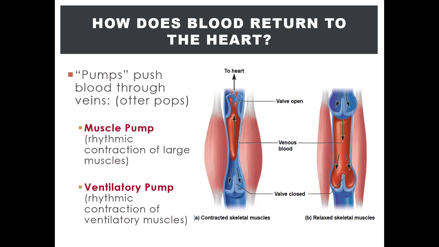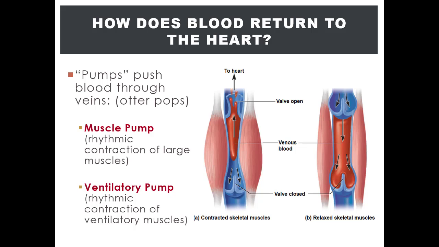If you want to get the toothpaste out of the tube, what do you do? You would squeeze the bottom of the tube. When you squeeze the bottom of the tube, you create high pressure on that part of the tube, and therefore the toothpaste will flow from where it's high pressure, where you're squeezing the tube, to low pressure, where you're not squeezing the tube. And as a result, the toothpaste can be squeezed out of the tube. This is a very similar concept with venous return.